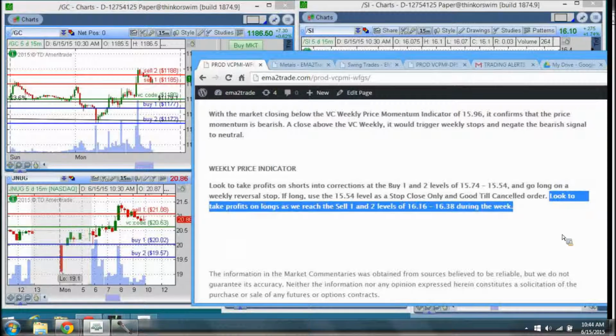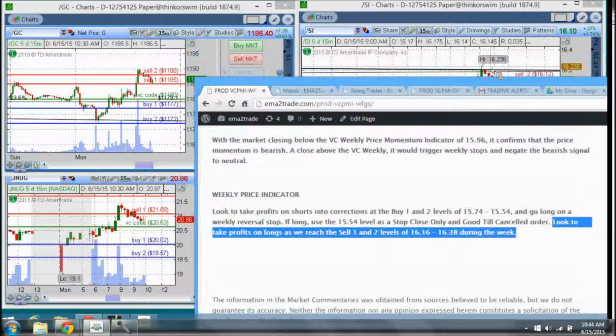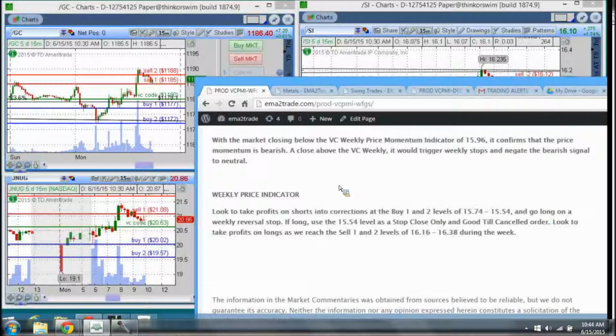If you're long, look to take profits on longs as we reach the sell 1 and 2 levels of 1616 to 1638. The high today, once again in silver, was 1623. And so this is the way that we upload the daily algorithms, and we day trade the market,